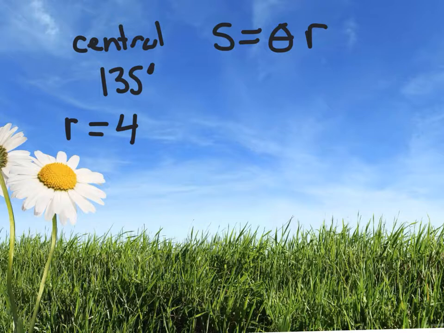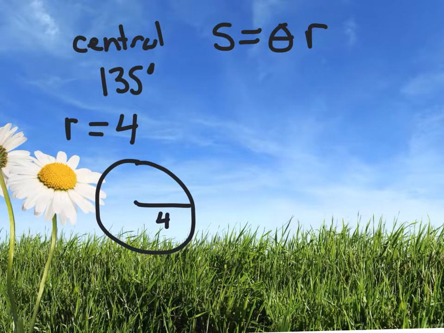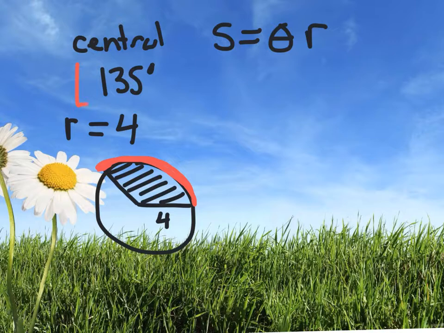Now, just the visual picture of this would be something like this. So, a 4 here, 135 is here, and we would like to know, actually I shouldn't have shaded that in, what we're actually wanting to know is the arc length along the edge of that. This is what we're trying to find. But the first thing we want to do is convert that